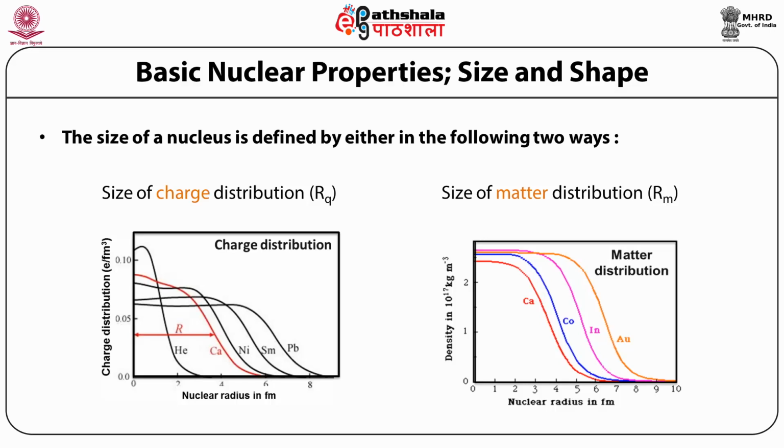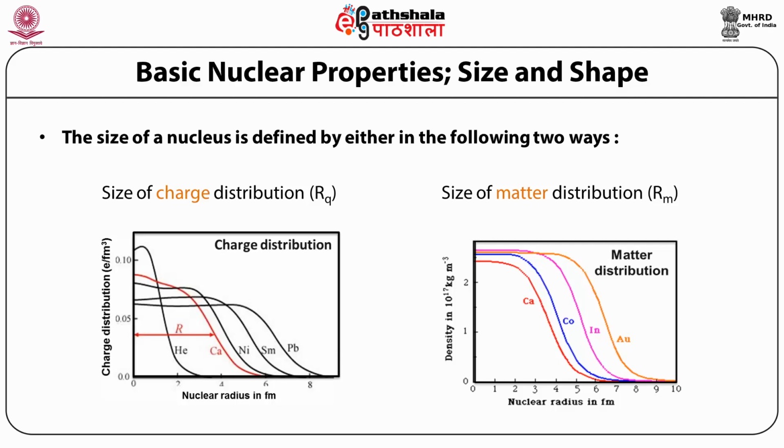Now in the two pictures we can see that the behavior of the charge and mass densities is more or less the same. Near the center the charge and mass density are basically constant, and towards the edges both decrease with distance. Why can we get an idea about the size of the nucleus from charge and matter distribution? Charge distribution is basically the distribution of protons inside the nucleus. Mass density means the distribution of neutrons and protons both within the nucleus.